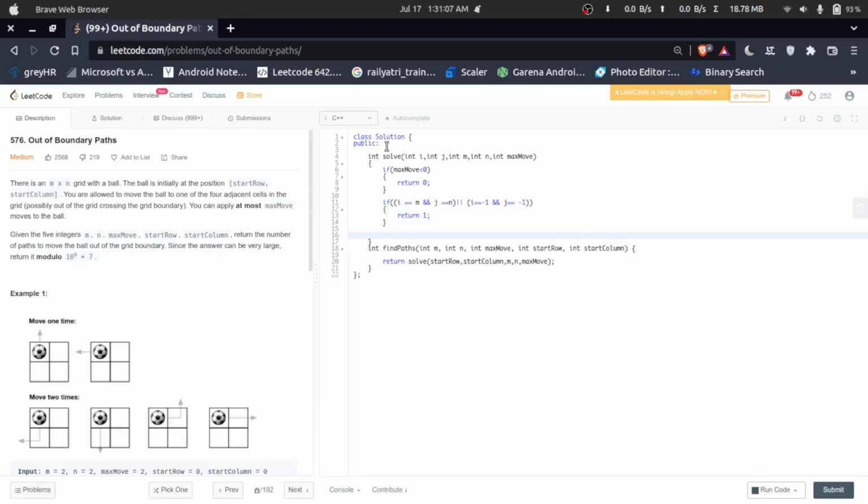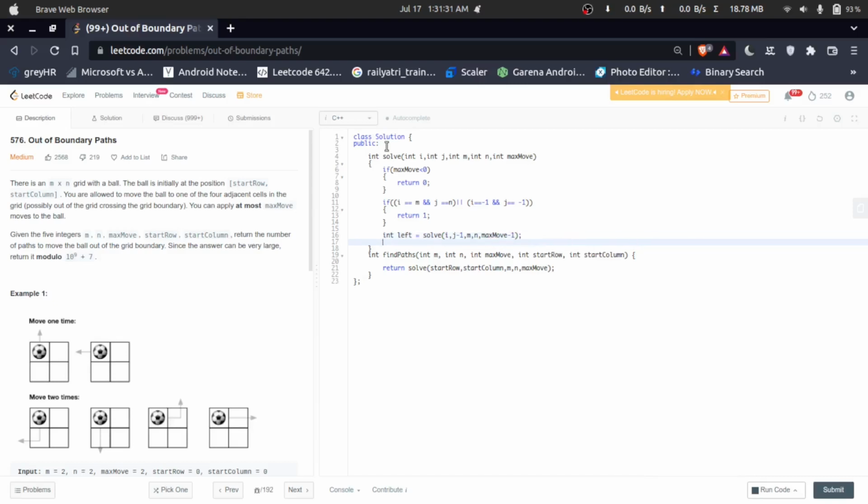After that I will call the values. The left is basically solve of i, j-1, m, n, max move